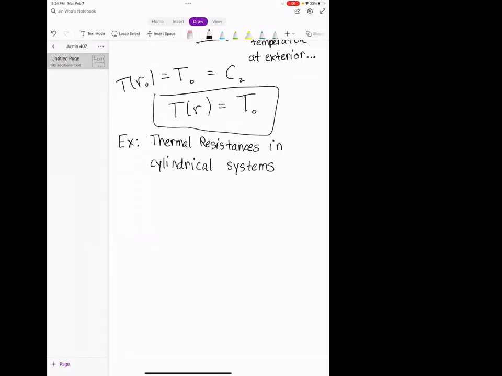Thermal resistances are a great tool for us to use in cylindrical systems, and they're particularly useful for composite type materials. If you think of problem 3 on the last homework, that was a composite system where I gave you multiple layers of solids with some layers of fluids in between. Circuits are really great for that because you can just use a thermal resistance to represent the thermal properties of each layer. We can do that in cylindrical coordinates too. They're great for situations where you have multiple layers of material. Let's look at a situation.